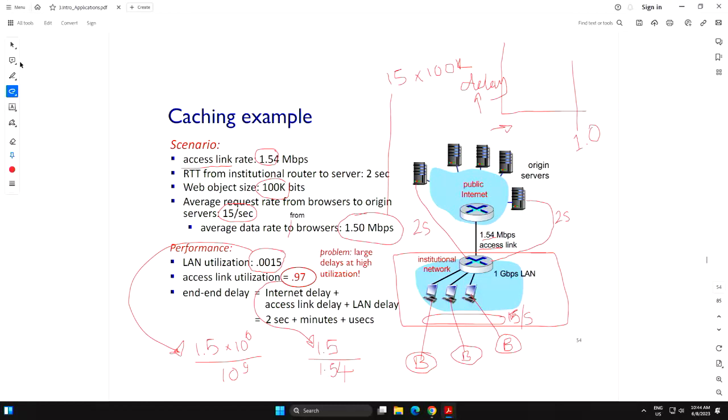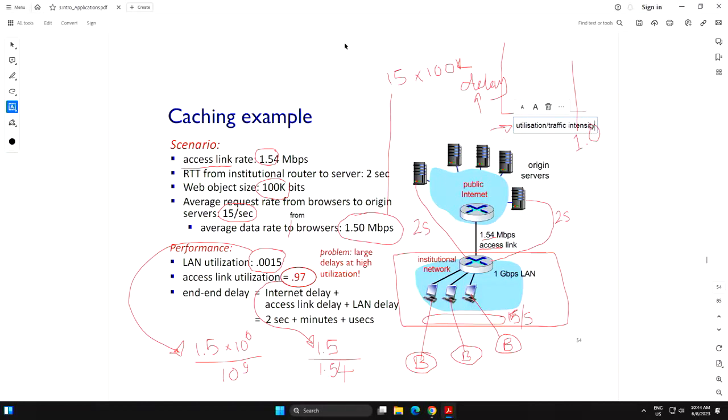Or in this case, now we are here. I can use this terminology, utilization, right? Traffic intensity.